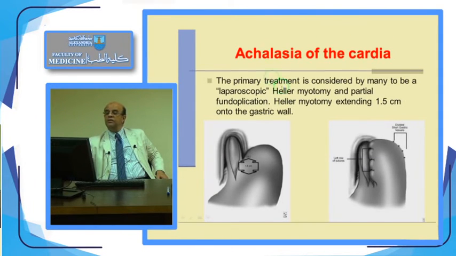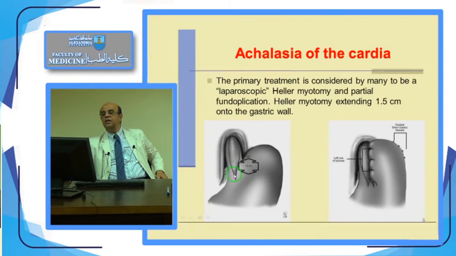So the primary treatment of this problem is considered by many to be a laparoscopic Heller myotomy, where the muscles at the region of the gastroesophageal junction, the sling fibers, are cut. We go to the gastroesophageal junction and cut 1.5 centimeters of the musculature, going down on the stomach to cut some of the sling fibers, and this will permit us to diminish the